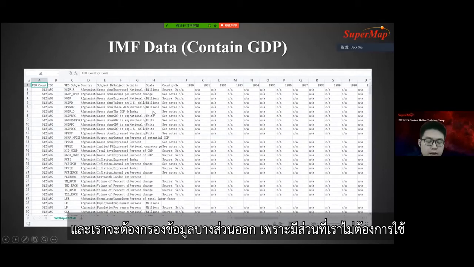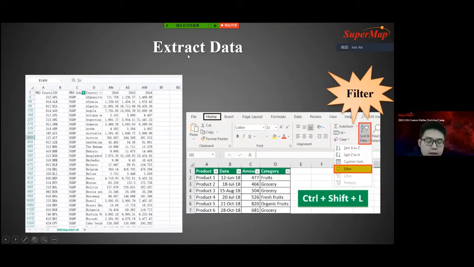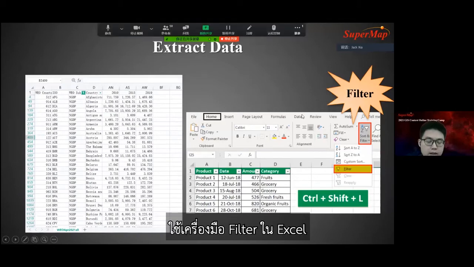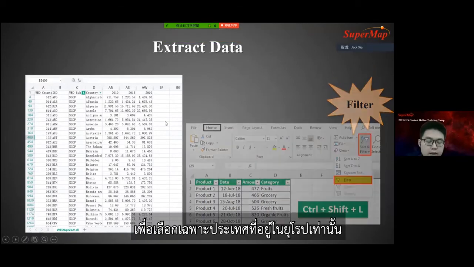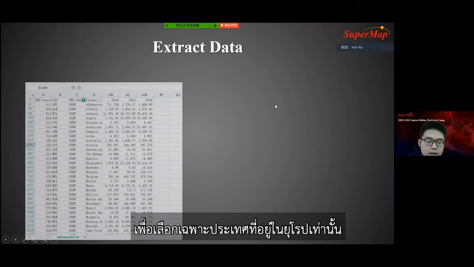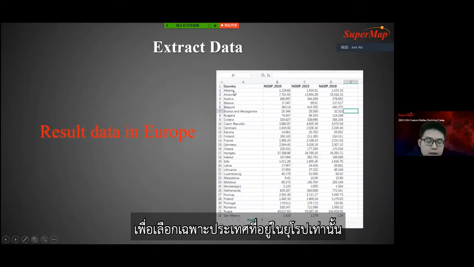So we need to extract the data we need, and I use Excel to extract the data. I use the filter functions in Excel to get the NGDP data in the Europe area, and